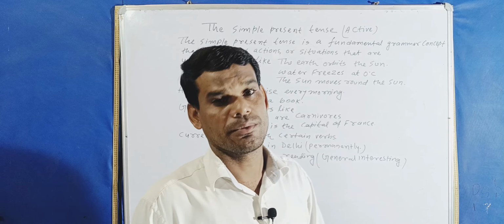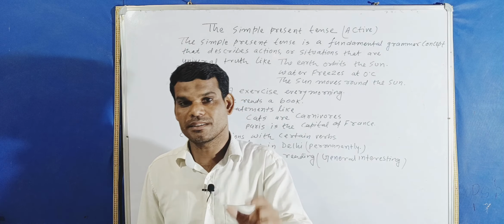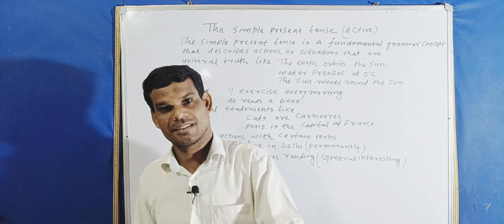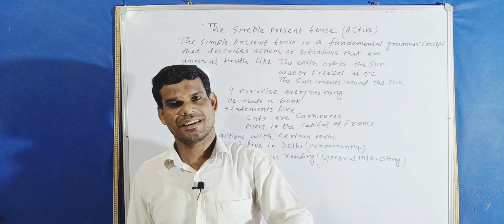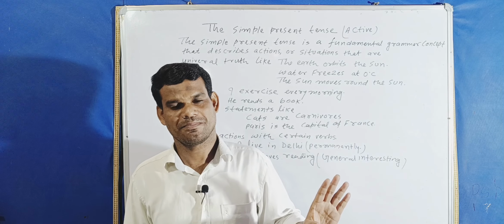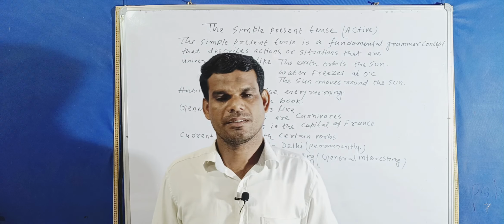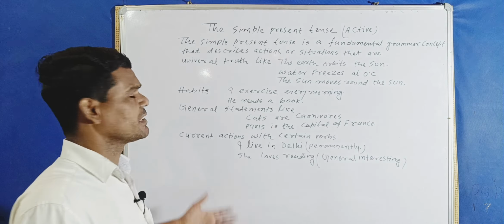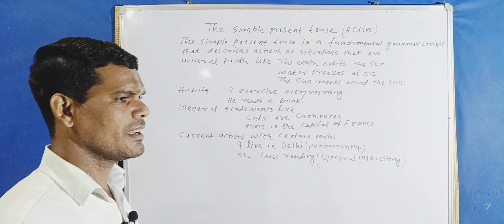In this way, we can say the simple present tense doesn't mean that the action is running at present. It is habits, general things that happen in everyday life. Therefore, we can say it expresses universal truth, habits, general statements and